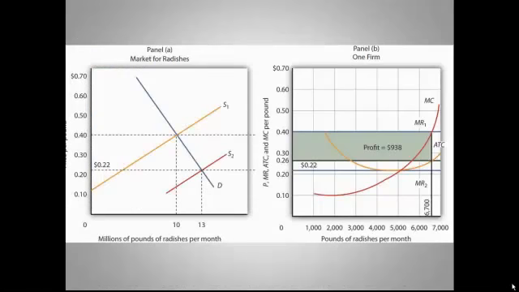Here's a very similar exercise, only this time we're extracting the information from a graph instead of a chart. These graphs show a competitive market for radishes. Note that it fits the criteria, the radish market does, that is, many sellers, largely undifferentiated product, low barriers to